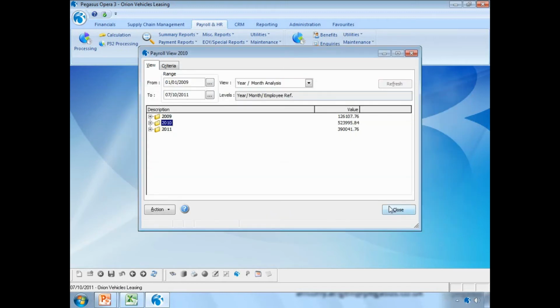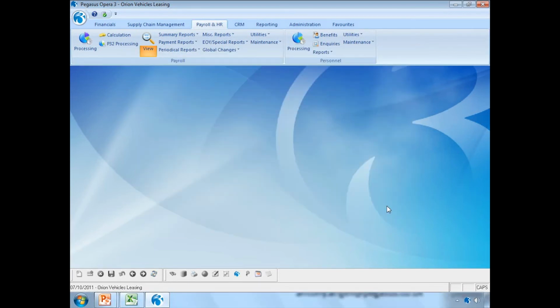Okay, let's close this down. Okay, included as part of the payroll program is HR. Within this system, it allows us to go through and enter personnel information. So if we look in the processing,